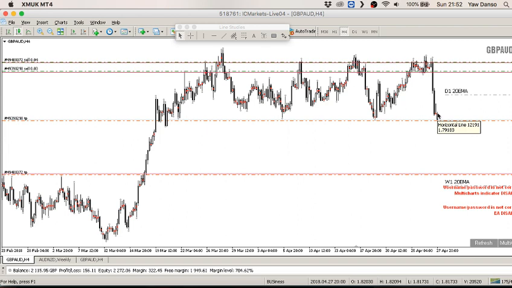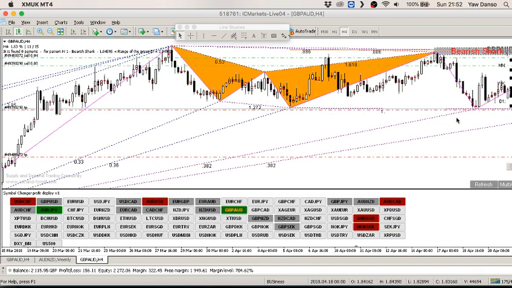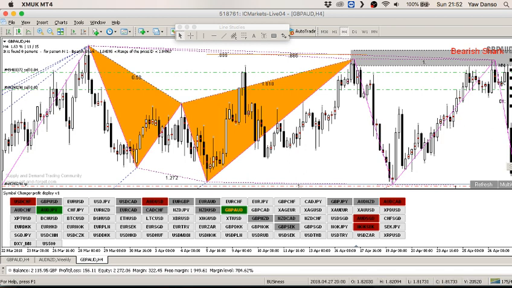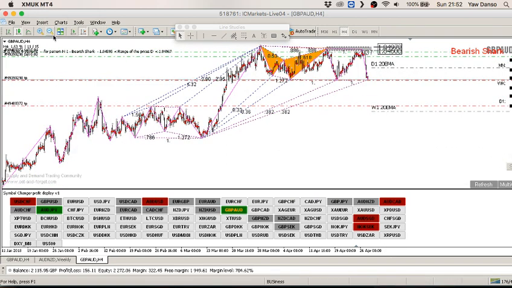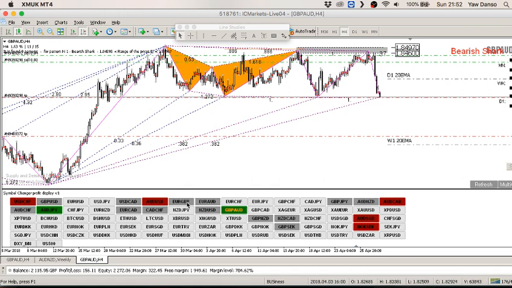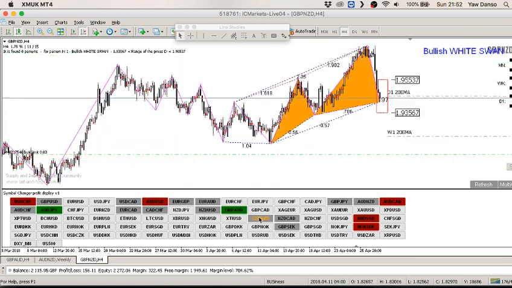So in that case, if the British pound is weak, you sell it and you buy the opposite currency. So all the British pound currencies, like this is the British pound, this is the British pound Australian dollar. If you look at the British pound against,